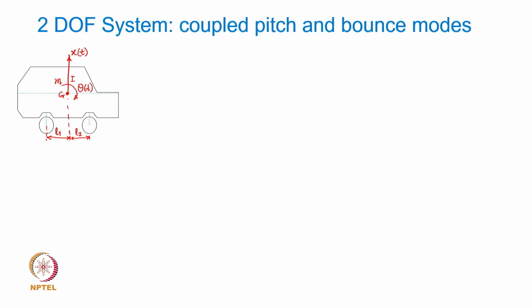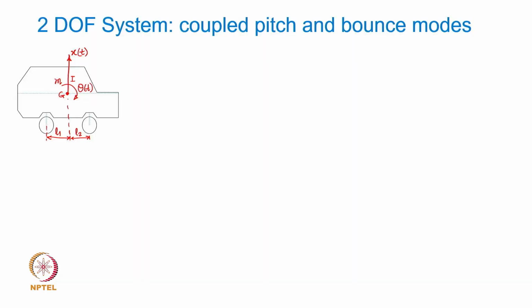What do you do next? What is your next step in this solution process? This is a simplified model. We have identified what degrees of freedom I should be using. The next step to get the governing equation of motion is to either go through an energy route or through Newton's second law, right. So if we go by Newton's second law, then I can assume that this motion of the car body takes place, and because both x and theta are possible,